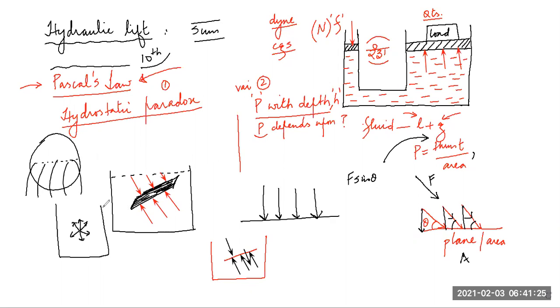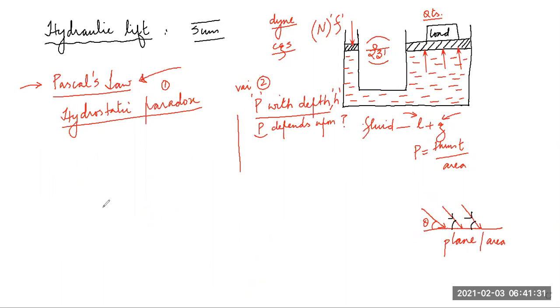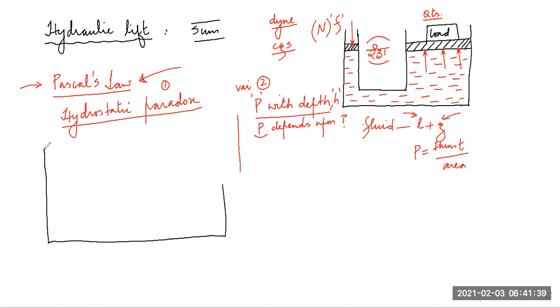And then I'll tell you what is hydrostatic paradox. So hydrostatic paradox is, let's say you have this container, a big container. In this container, you have three types of areas. Let's say this is one area. So the water is flowing and it will rise to some height in this. The second is maybe this kind of area, and the third can be this kind of area.